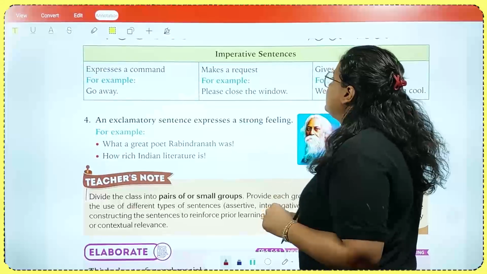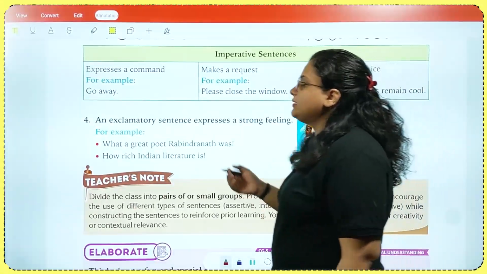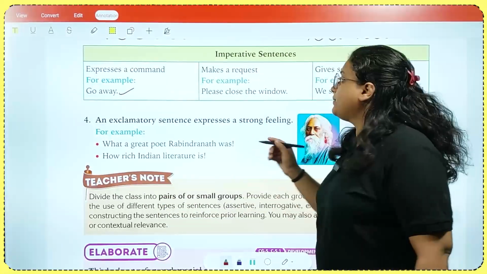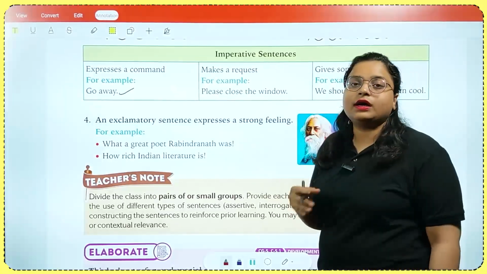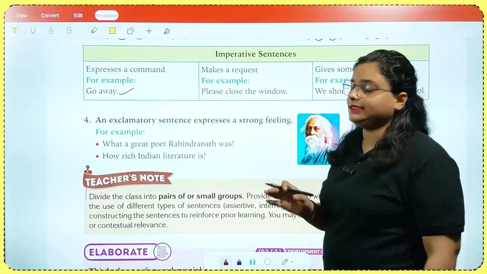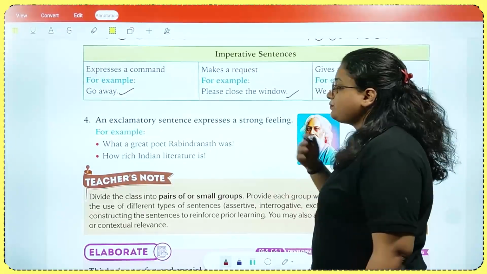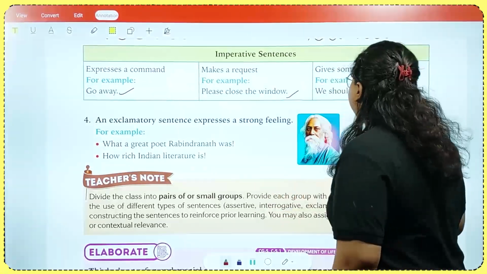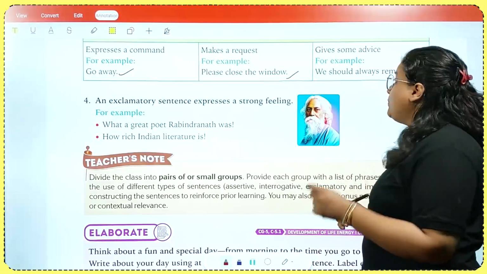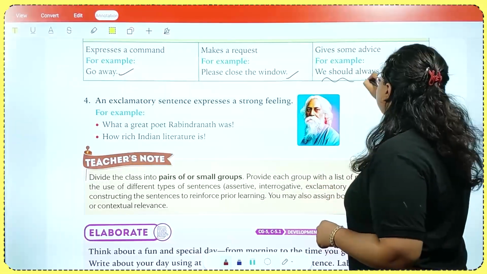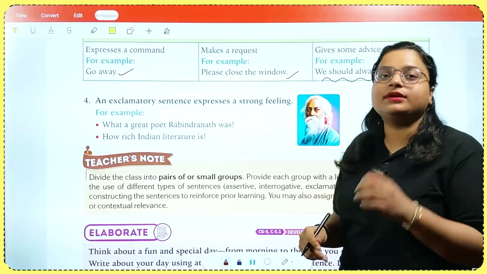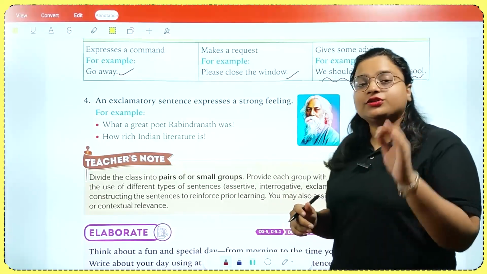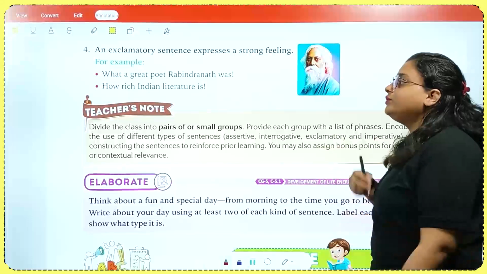What are the examples? Let's see. Imperative sentence. Express a command. Go away. Okay, so this is expressing a command. Make a request. When you have to plead, you have to ask something politely. Please close the window. What are we saying? We are asking, can you please close the window? Window बंद कर सकते हैं क्या? So, what is the advice? We should always remain cool. हमें हमेशा ठंडा रहना चाहिए। ठंडा रहने से यहाँ पे मतलब है हमें हमेशा अपना दिमाग ठंडा रखना चाहिए। हमें हमेशा अपना बिहेवियर ठंडा रखना चाहिए। तो ये भी एक एडवाइस थी।